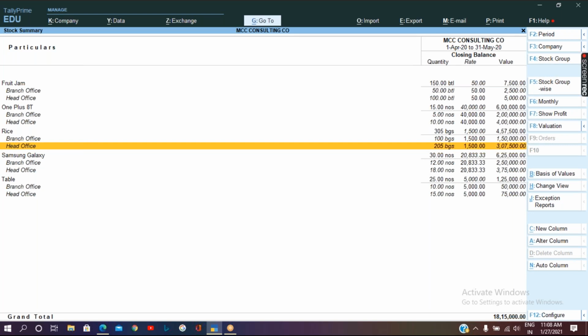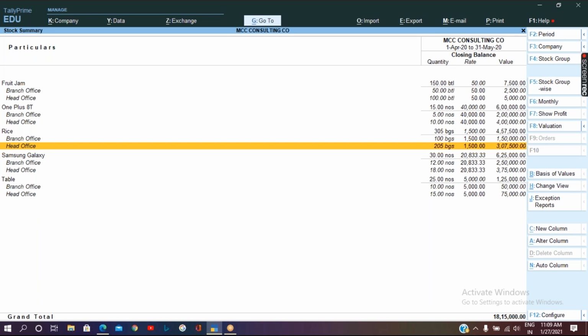So this is how you can use the stock adjustment entries. One is stock journal when physically it is moved from one location to another location, and the other one is physical stock when there is a difference in the counting of stock physically and in the report.